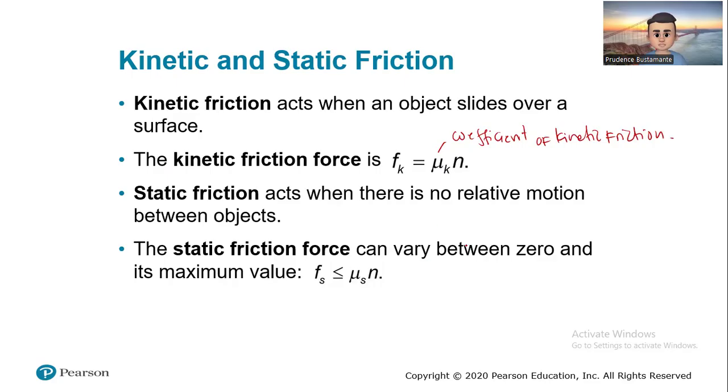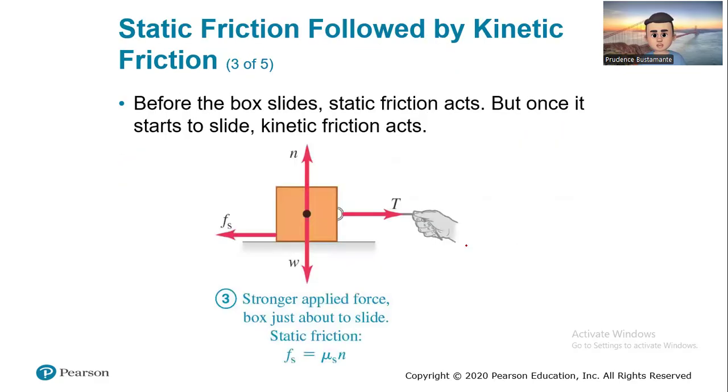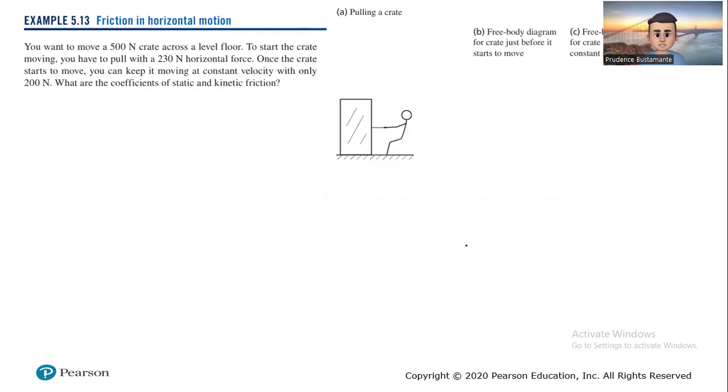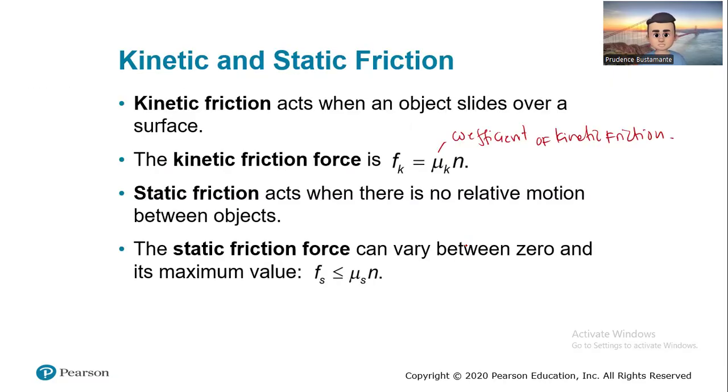So you have that in your table 5.1, I guess. Let's see. This one is the table here. You can find that in your book. So different materials have different coefficients of kinetic friction. Again, when you have a system, you push an object and it slides over the surface, then the friction force acting on it is the kinetic friction. From the word kinetic, there's a motion.